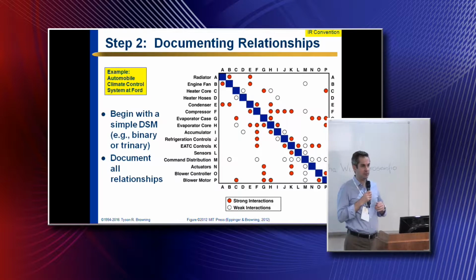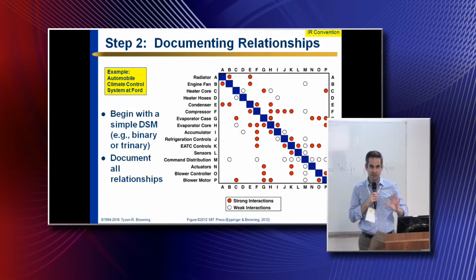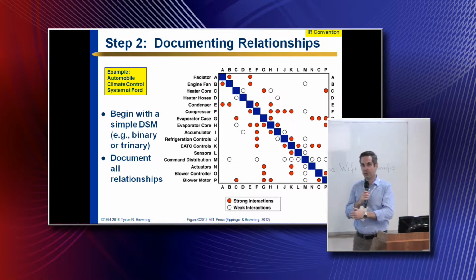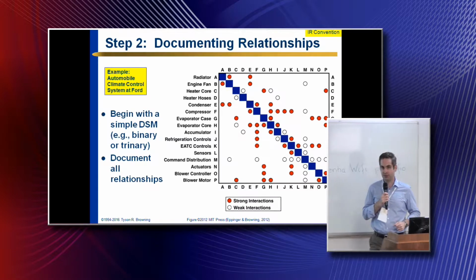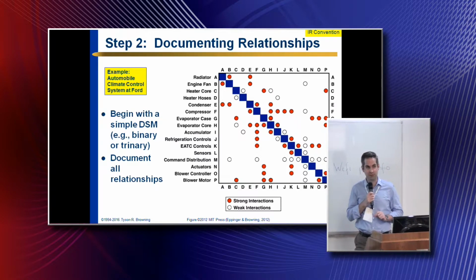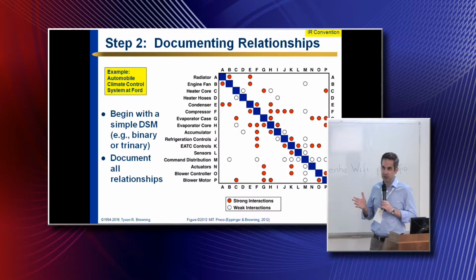And a lot of times in examples like this, we just show this and move on, but I will comment that that's not always easy to do. That capturing and accounting for all of the relationships among elements is not always easy, especially the first time you do it. So you can imagine a complex product that, yeah, you got the obvious relationships,